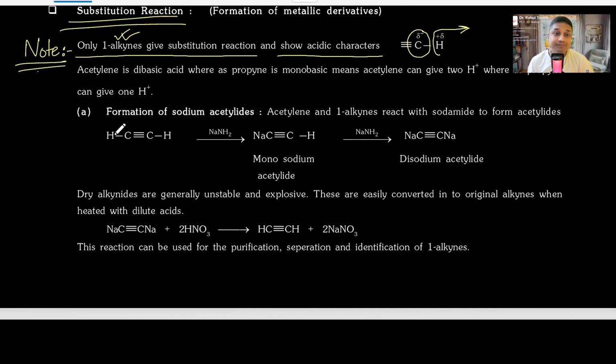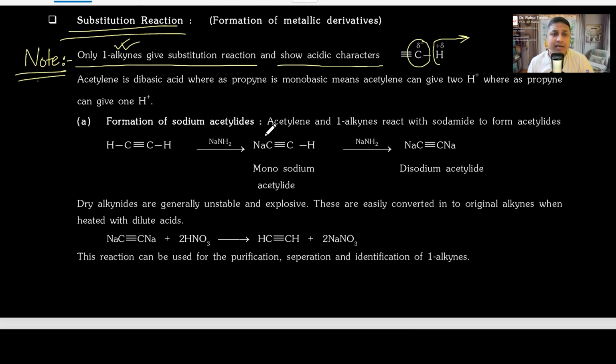Okay. So acetylene is a dibasic acid, correct? Whereas propyne is a monobasic acid. Acetylene can give 2 H pluses because both the sides we have H pluses. Yes or no? They are dibasic in nature. But when it comes to propyne or butyne, I'm talking about terminal, please. Terminal propyne or terminal butyne, please remember, in all those cases, there's only one hydrogen which can be given off. So they are all monobasic in nature. Yes. Only and only acetylene has hydrogens on both sides which can be given off. Nice. Beautiful. Everybody understood? Okay.